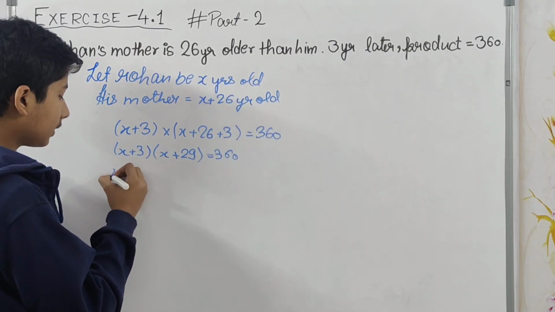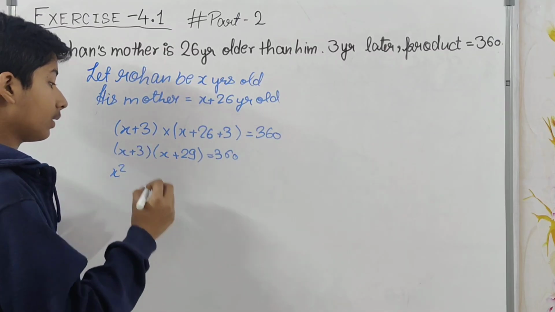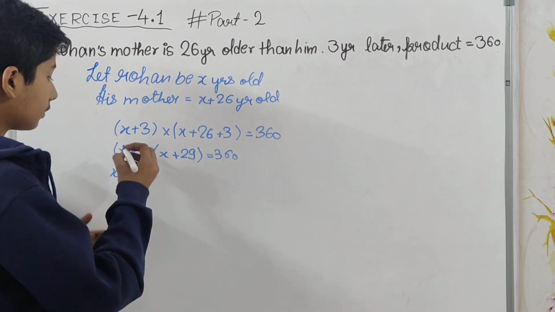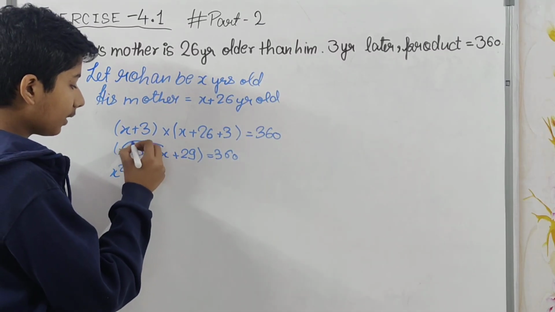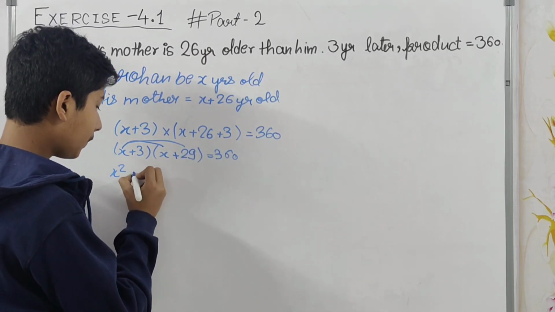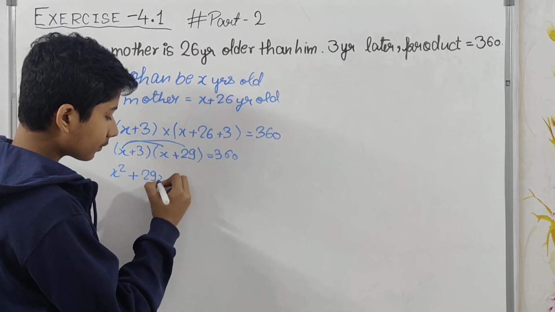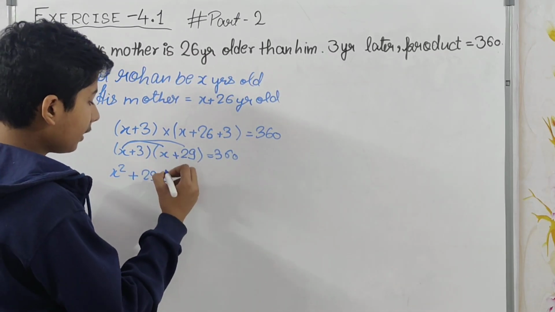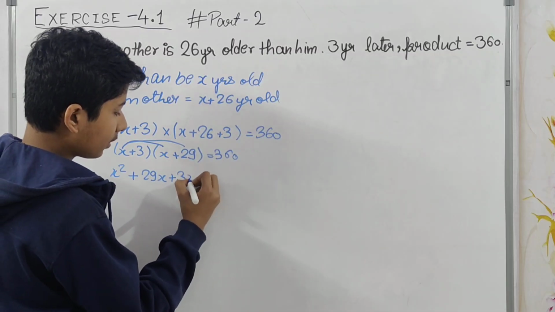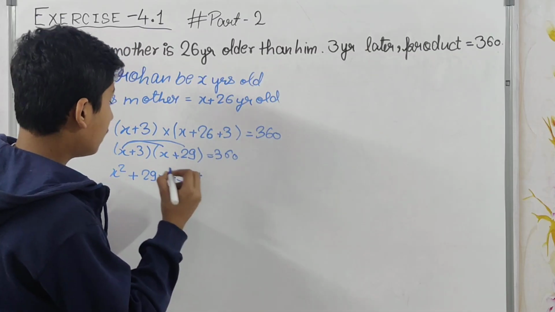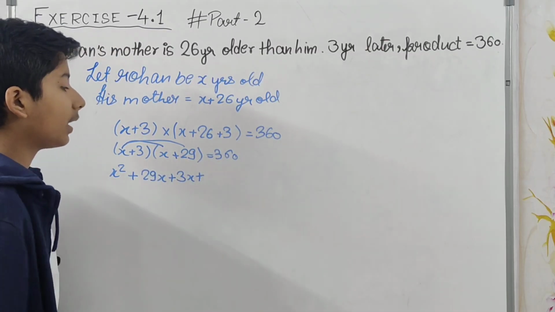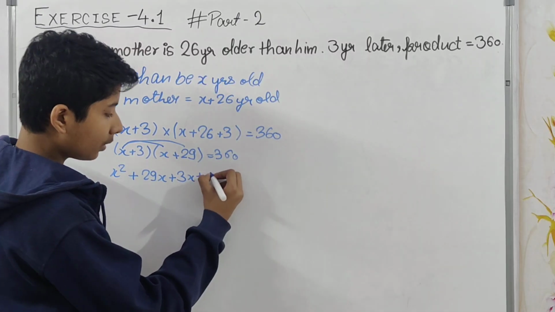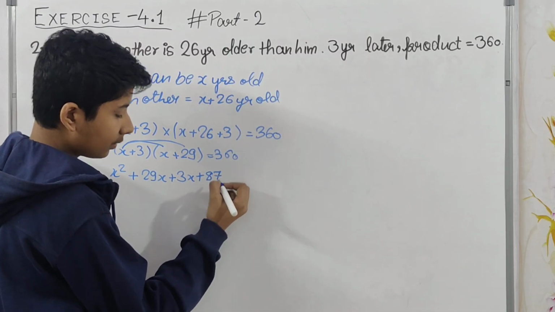So X into X is X square. Now this will be multiplied with this and then this. So plus 29x, 3 into x, 3x, plus 29 multiplied by 3, which is 87,